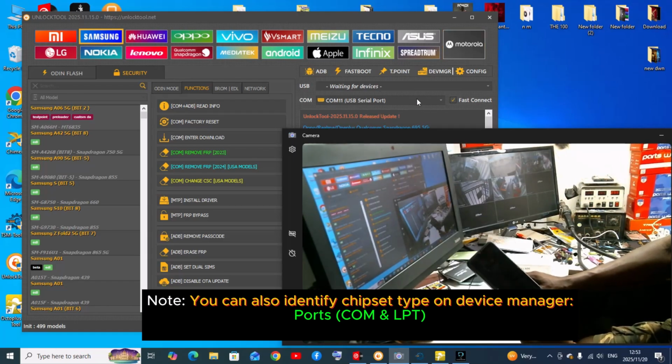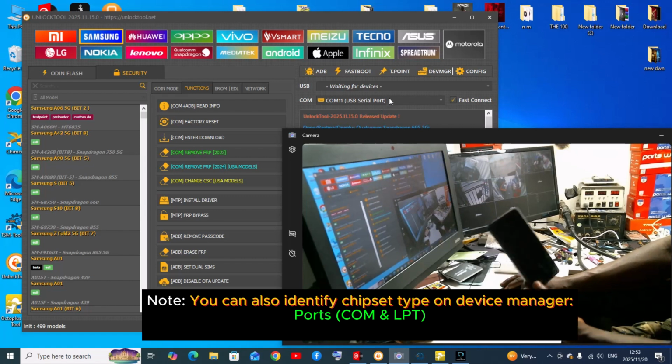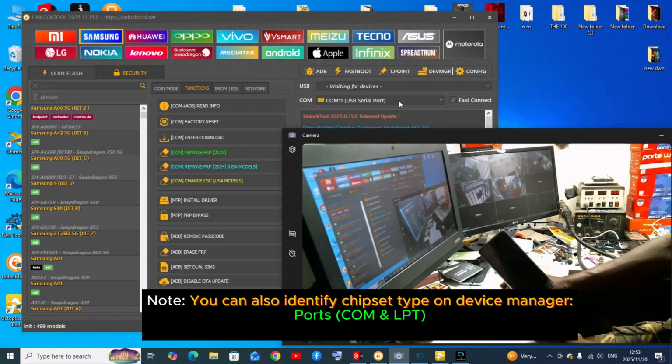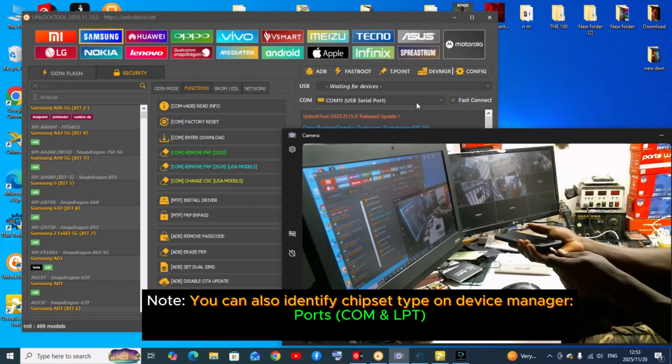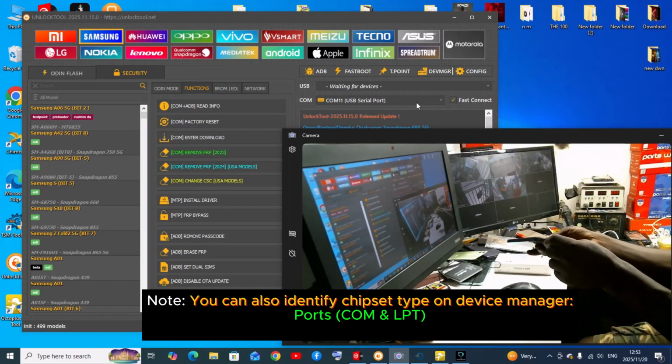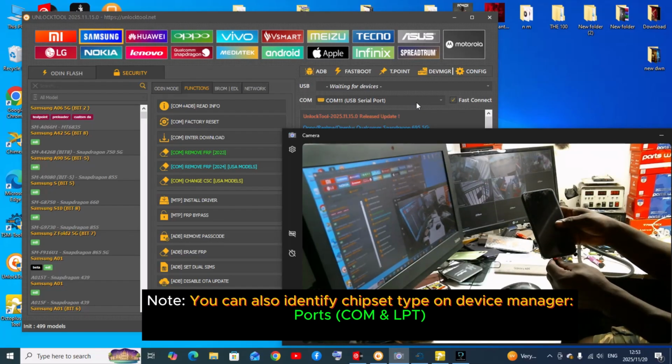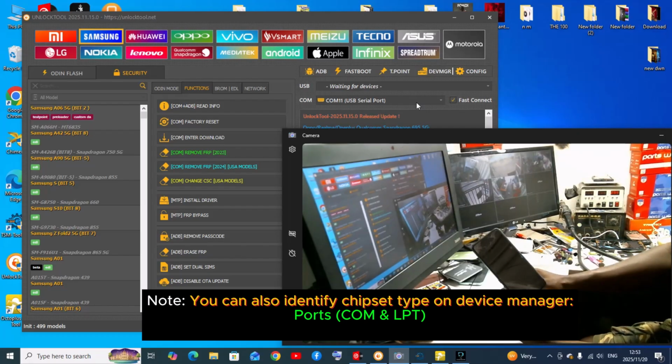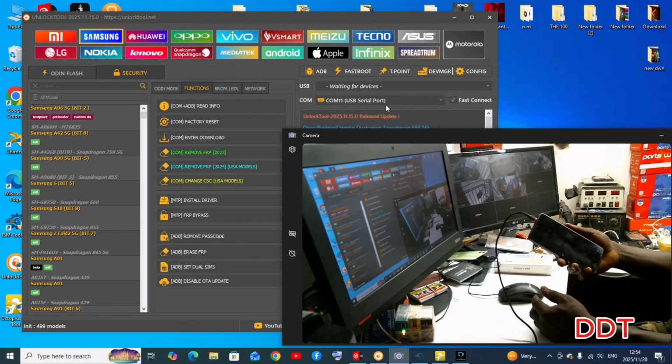Just look here, you can see the chip type will display here on the serial ports. So let's put the USB cable. You see SPD, this is SPD. So this is one easy way you can identify the phone chip type or the CPU type. Now that you know it is SPD,